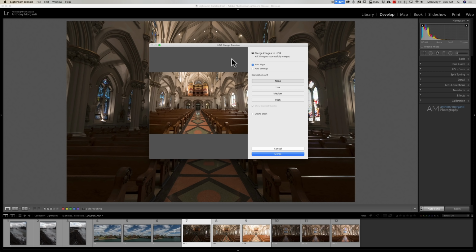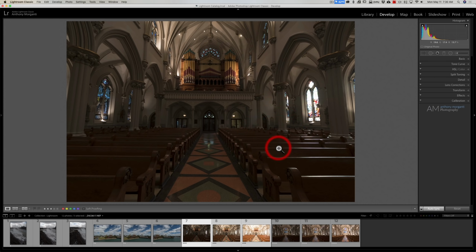Well, similarly, many of us use the same settings all the time. We do auto align. We may not like auto settings. We may not need to deghost. We do the same settings. Well, if that's the case, you could bypass these boxes and really just put this operation in the background. So you could do other things while your panorama is being created or the HDR is being created.